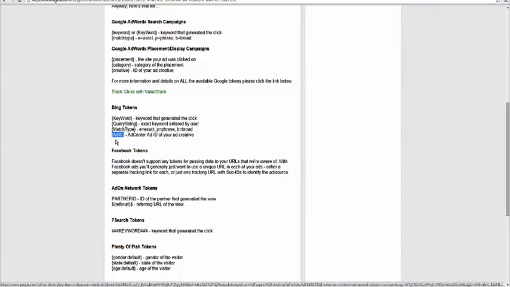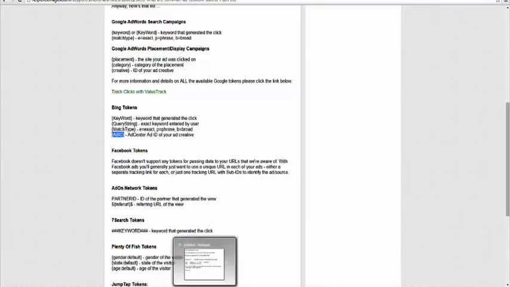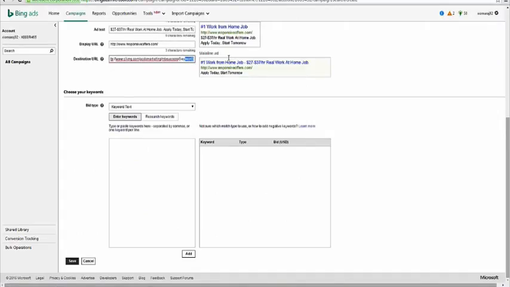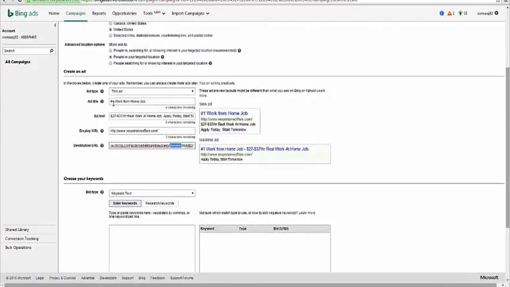You're probably going to want to use ad ID as well. So very simple, and I'll show you how this works, is you're just going to go over to your Bing over here, and then you're just going to put in ad ID after it. So it's going to look like this. So this is what your URL is going to look like. This is going to allow you to track keywords and your ad ID, because sometimes you want to split test